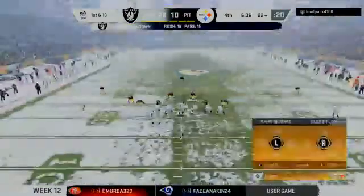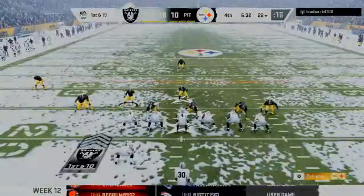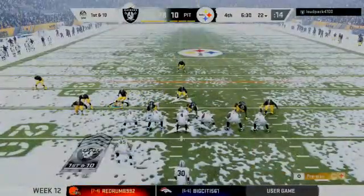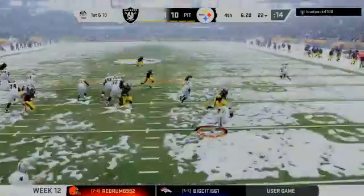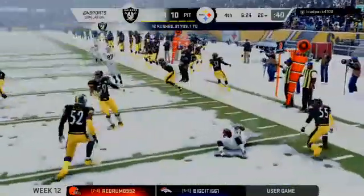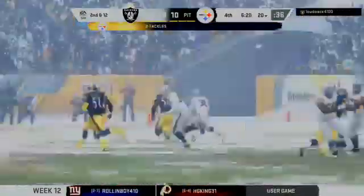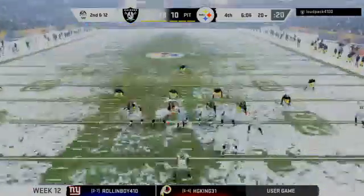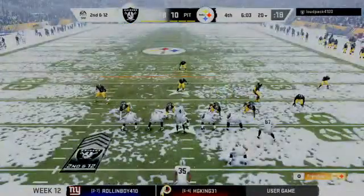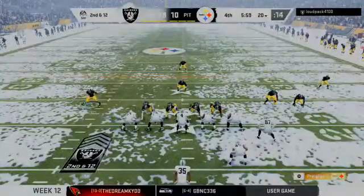Watch the run. They're running it. On first down, Richard. And the reinforcements come in as they're going to stop him behind the line. A loss of 2 there, second down. It's a loss of 2. Brings up second and 12 at the 20-yard